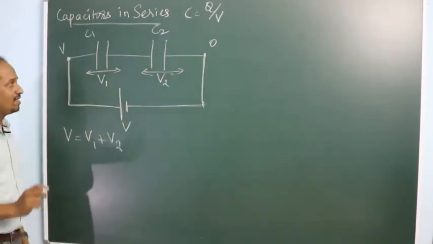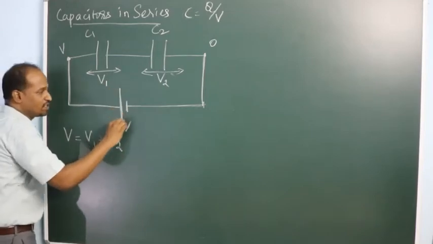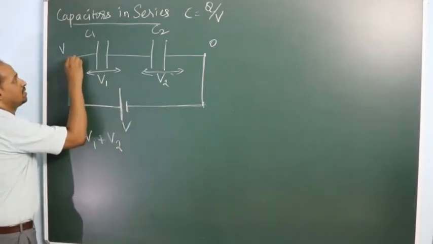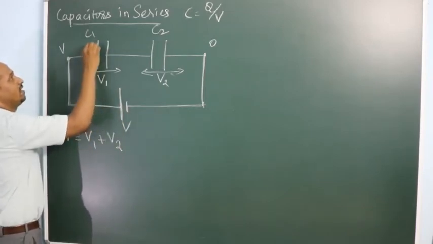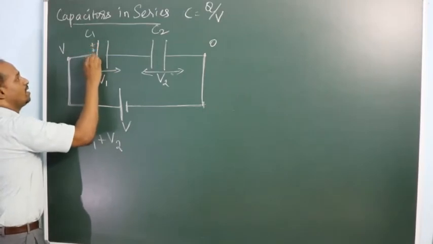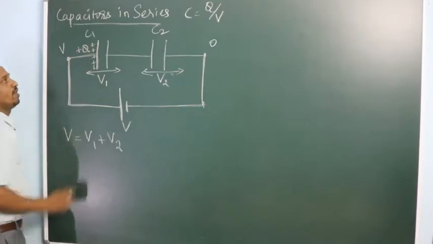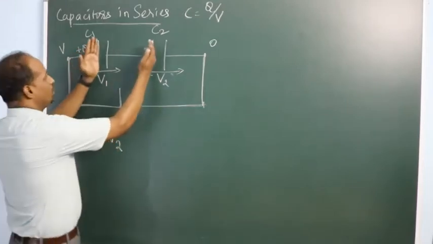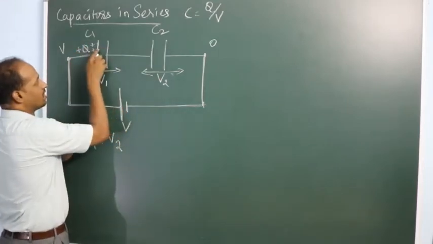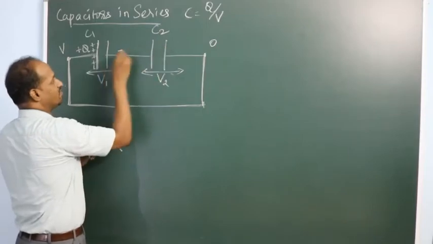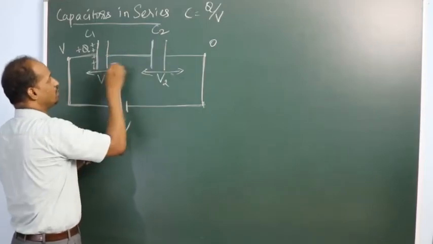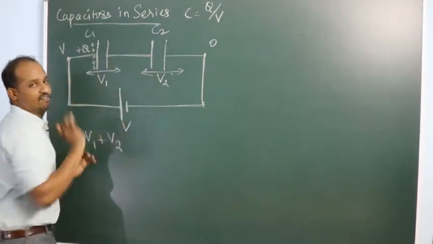But what we need to understand is that when this positive terminal is connected to this plate, positive charges will be built on this plate. Say that positive charge is plus Q. This is a neutral piece: this plate is not in connection with this, and this plate is not in connection with this. These two plates are connected to each other, so this is essentially not connected with anything.